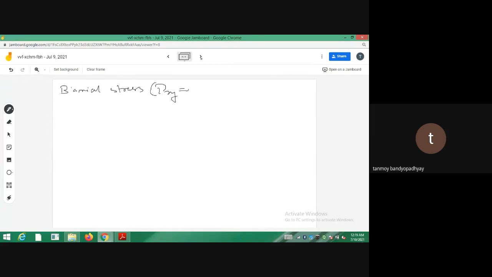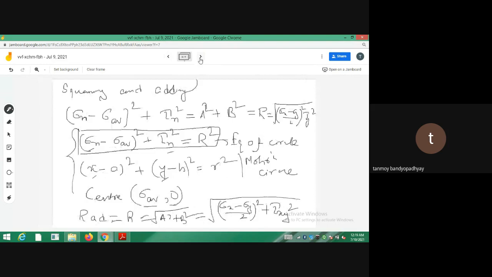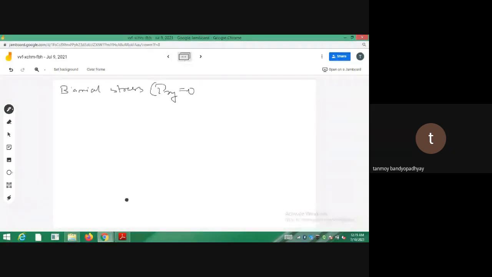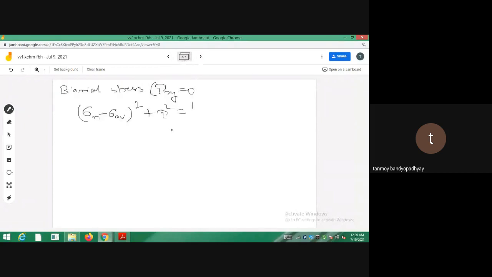So if I put tau xy equal to 0, what is the equation of the circle coming out to be? It should come out to be something like sigma n minus sigma average whole square plus tau square is equal to, since tau xy becomes 0, half of sigma x minus sigma y. And what is half of sigma x minus sigma y? It actually comes out to be tau max. Since we have not done the derivation, did you do it yourselves at home? If not, leave it, you can just understand from this one also, not a problem.